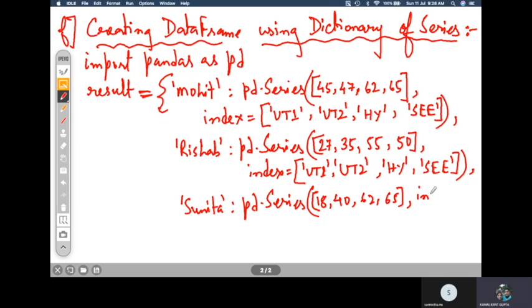And then again index equal to UT1, UT2, half yearly, and session ending. And then you can just close down. After entering the results of these three students, the dictionary is closed.